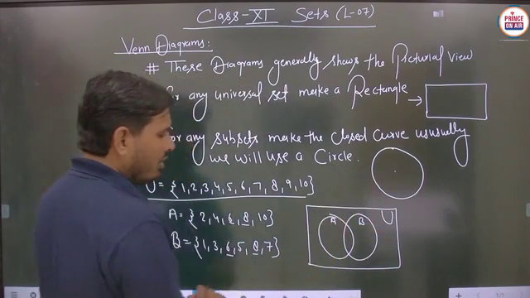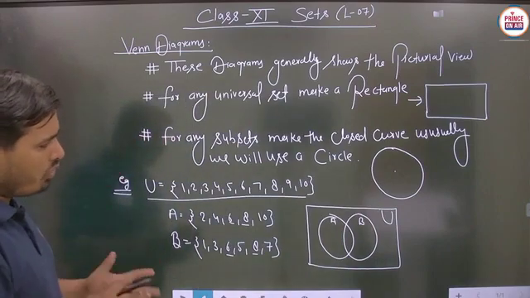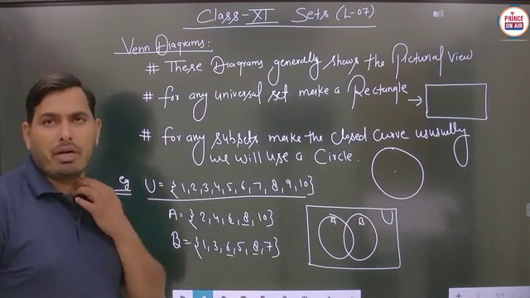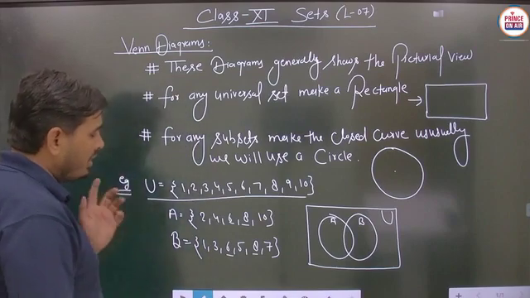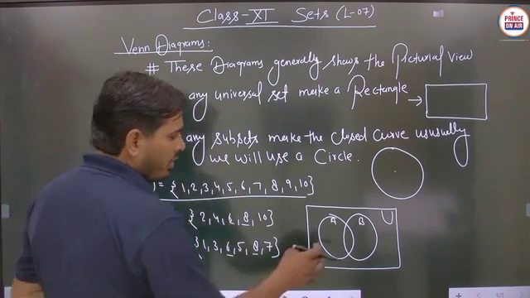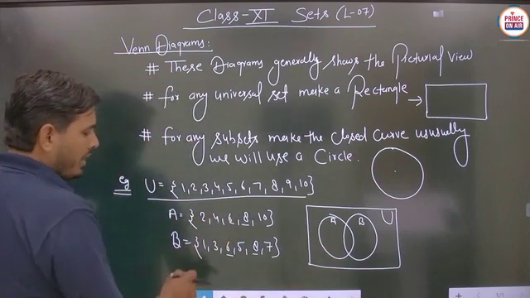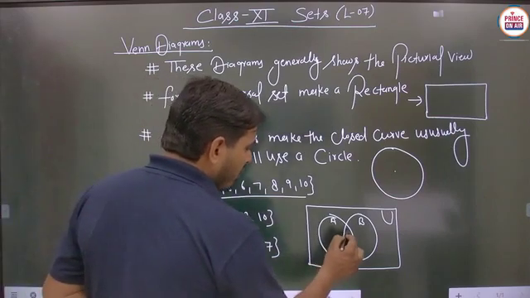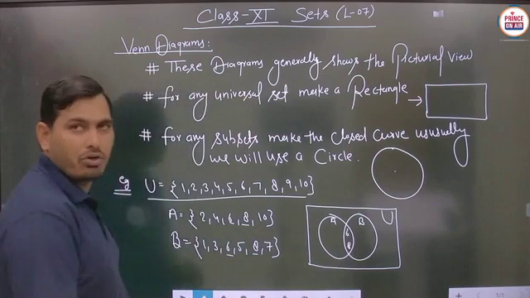This is the set B. Here now we have to fill up all the elements, where each and every element should be filled in. So basically for set A, first of all we have to fill up the common region of the two subsets. So 6 and 8 are both common elements. So here we have to write 6 and 8. Is it clear?